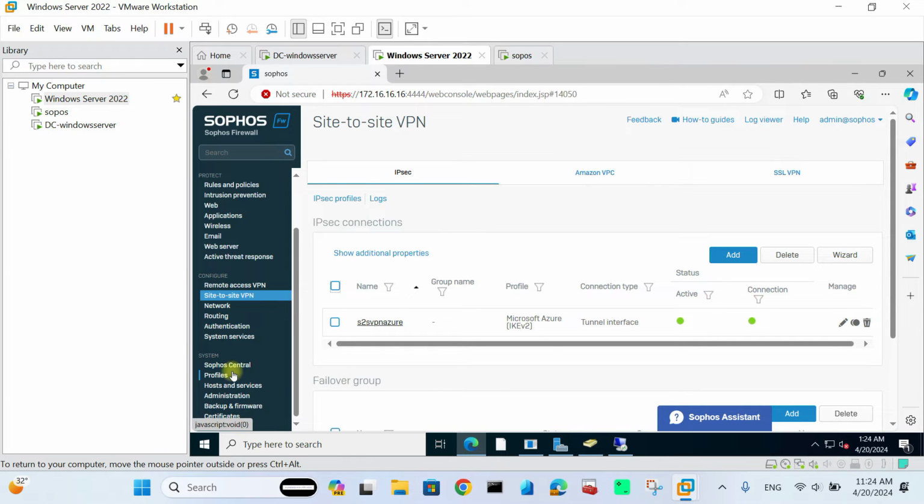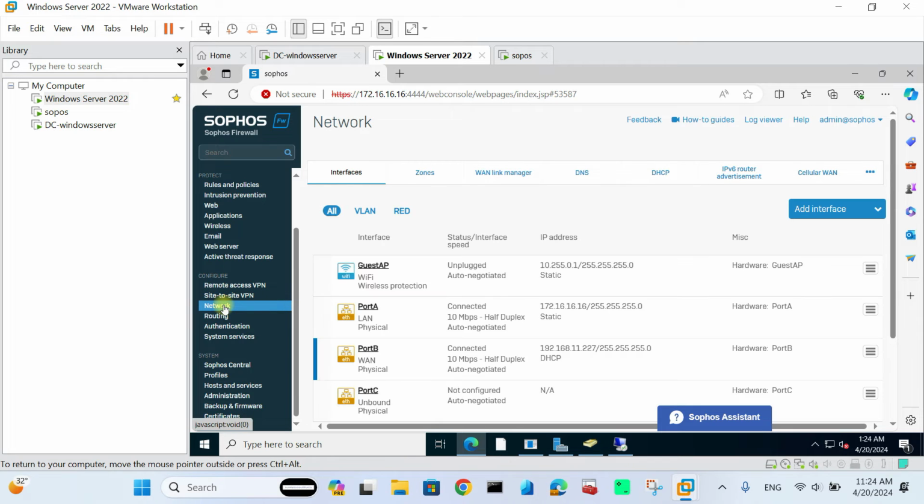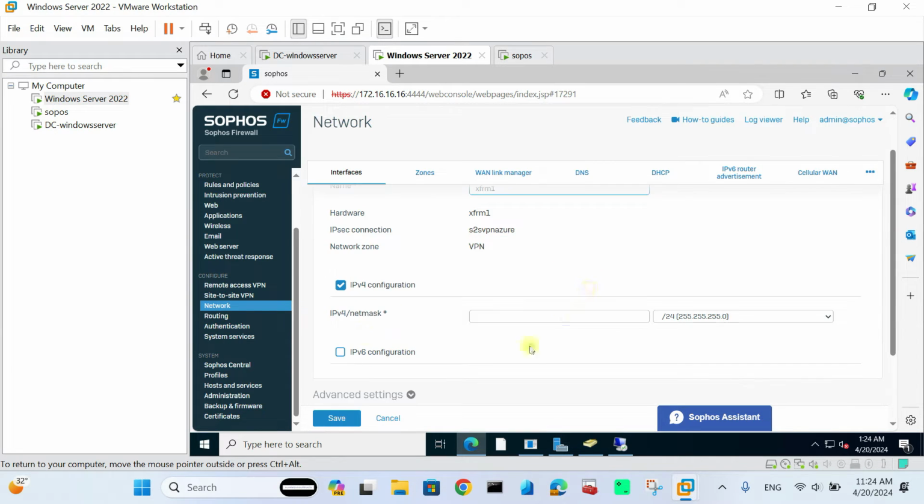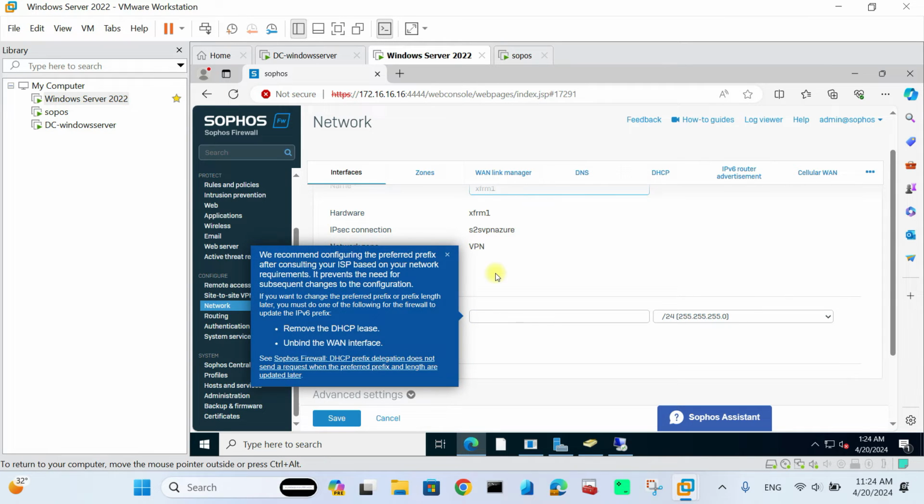Next we need to create our tunnel interface. Go to network, and double click here. You can see the tunnel interface now appears. Just double click. For the XFRM tunnel, you need to give your IPv4 netmask. How do we get this one? Just go to your